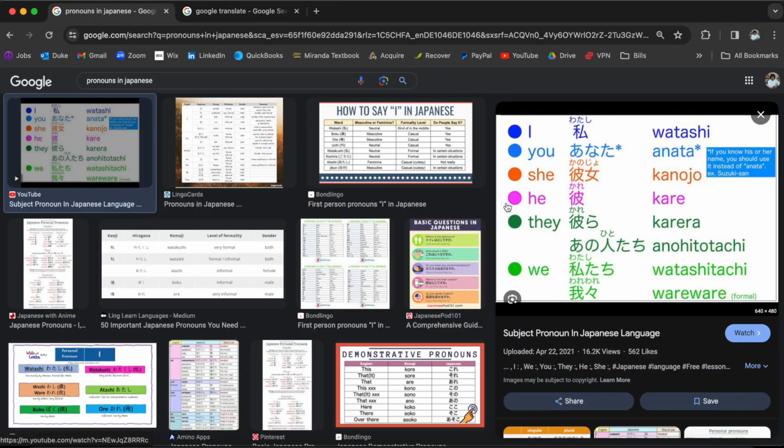Okay, sorry, I'm getting a little bit ahead of myself. What I'm trying to focus on, coming back a little bit, is the subject pronouns. What I did is actually look up the subject pronouns before. I'm probably going to focus more on just I, you, and we, just because those are the ones I'm familiar with already.